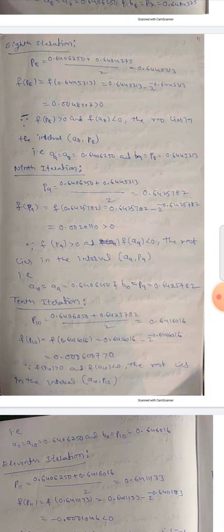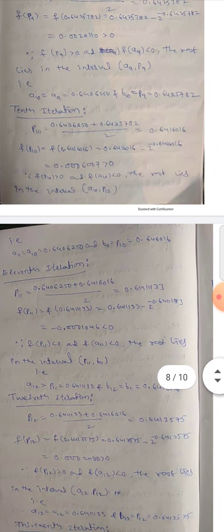That is, A10 is equal to A9 is equal to 0.640625 and B10 is equal to P9 is equal to 0.6425782. Next, 10th iteration. P10 is equal to 0.640625 plus 0.642572 by 2 is equal to 0.641616. f of P10 is equal to f of